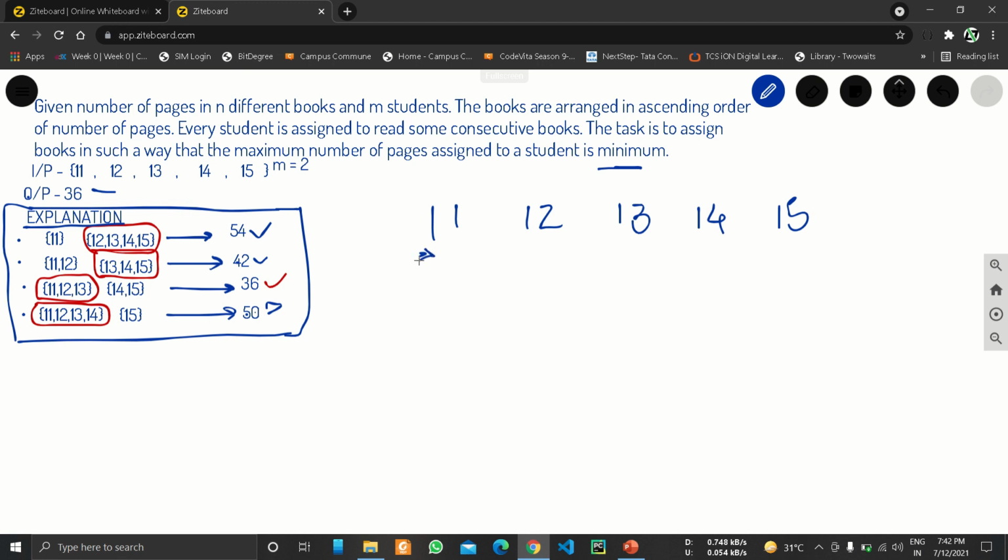So he has to read a total of 11 plus 12 plus 13 plus 14 plus 15, meaning he has to read all the pages, that is 65.